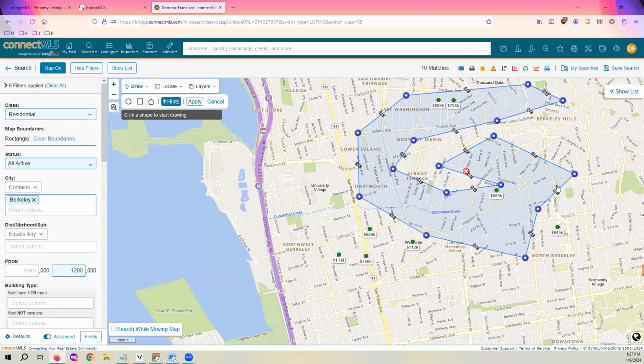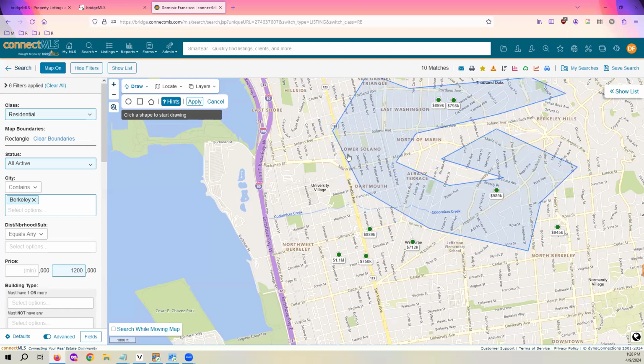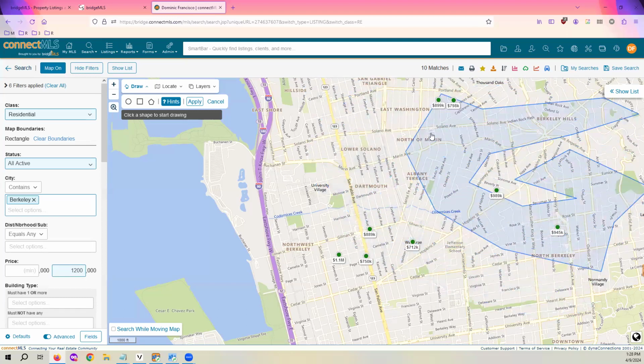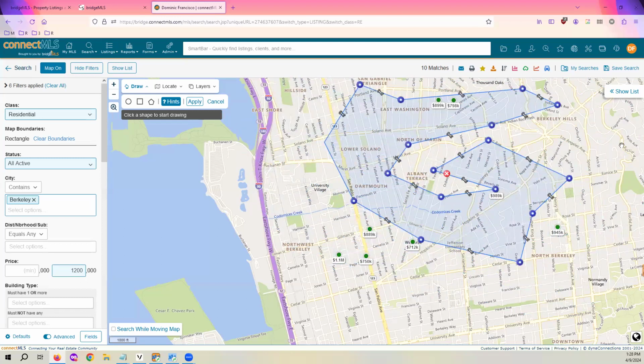All right, so this looks a little different. We have our little scissors in between there. So the way to change this shape, if we want to edit it, we have two options. We can click on the points and move the points itself, or we can click on the scissors between the points, and it'll create a brand new point between those 2 points. So you can add it there, and then you can always drag the shape around and drop